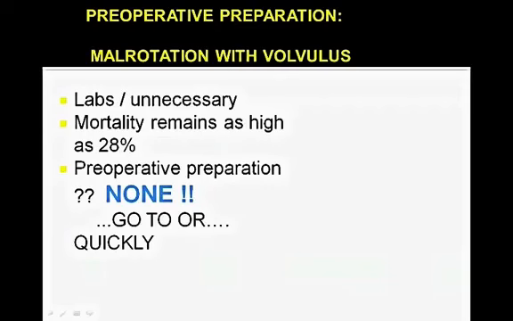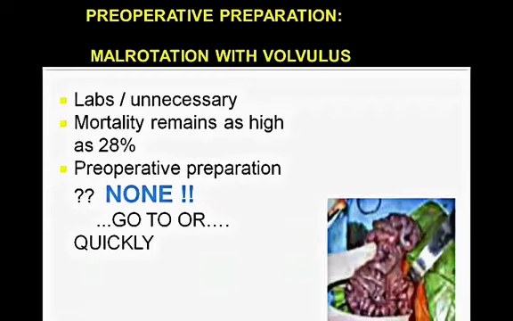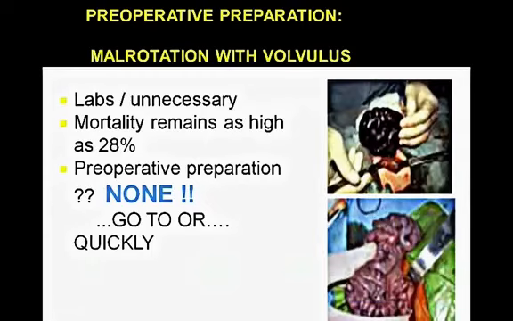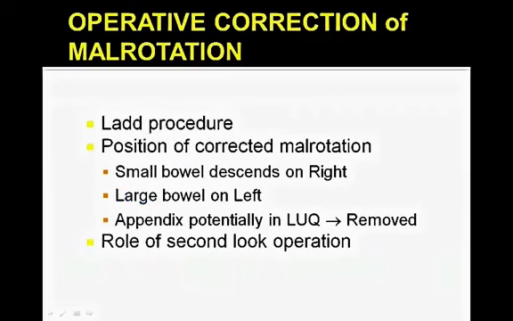With lab studies, really they're not necessary because the mortality of waiting and not operating is so high, so you have to make sure that you operate quickly before you have any sort of necrosis. The operative correction involves doing a Ladd procedure where you correct the position of the malrotation. The small bowel descends on the right and the large bowel on the left, and the appendix, which is potentially